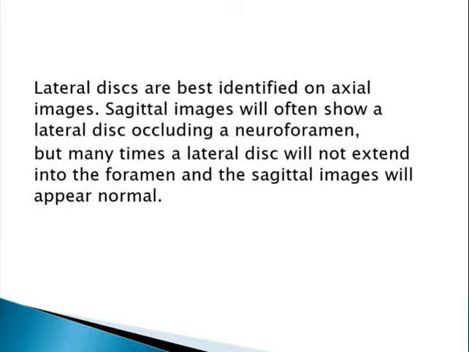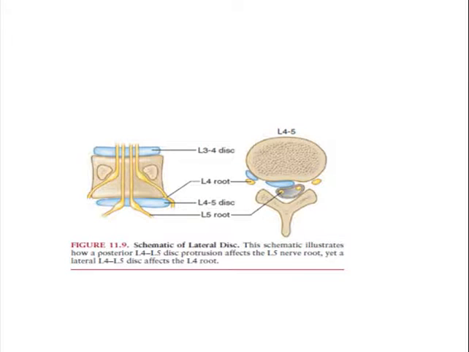In order to better understand what happens during lateral disc protrusion, we can see this diagram here. This is the L4-5 intervertebral disc, and this is the L3-4 intervertebral disc. Here we have the nerve root of the L4, and here is the L5 nerve root. In the usual disc protrusion, the central or paracentral disc protrusion, the disc will compress the L5 root. However, if a lateral disc is present, the compression will be on the L4 nerve root,